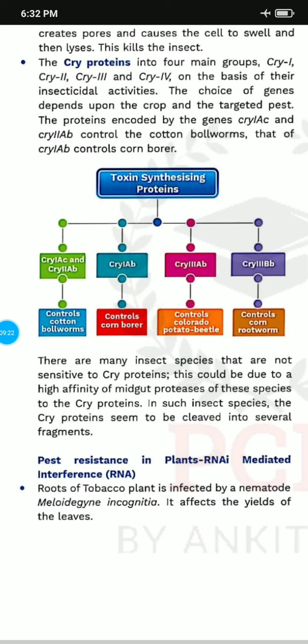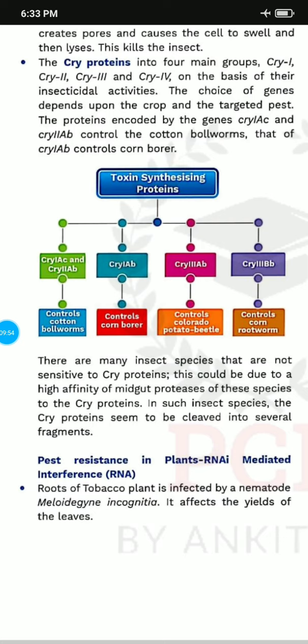Now, there are many insect species which are sensitive to the Cry protein, and due to the high affinity of these proteins, such insect species are cleaved into several fragments, and because of that we stop the growth of pests with these insecticides. So the next one is RNAi, which is called